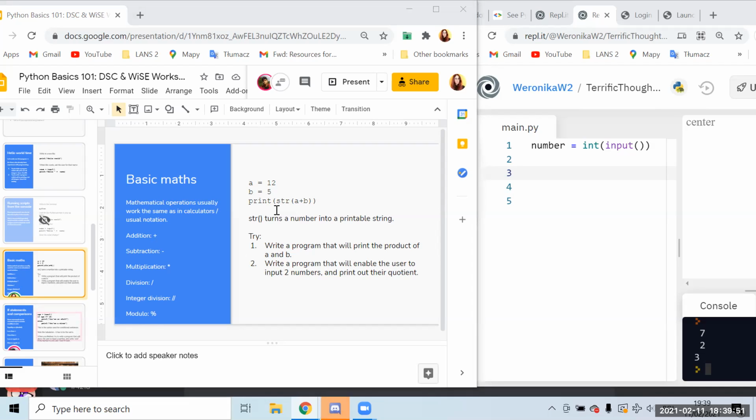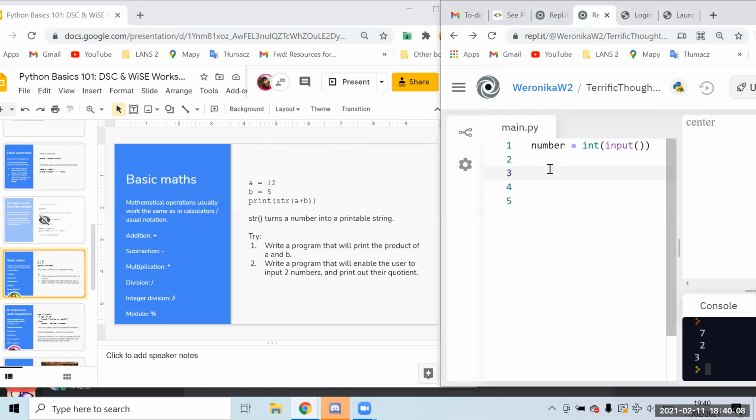But the problem with that is that Python doesn't know what n is. So you would need to define the set of natural numbers for Python, which wouldn't end up being very easy. Yeah. So we would need to use the modulo sign.